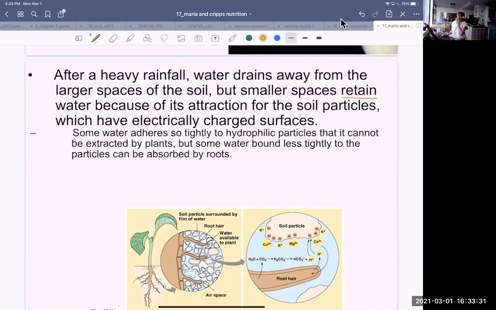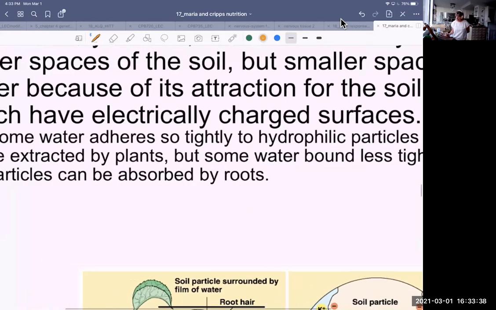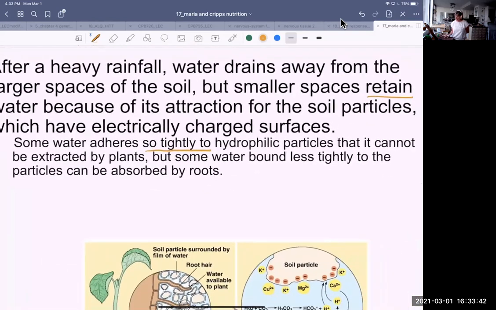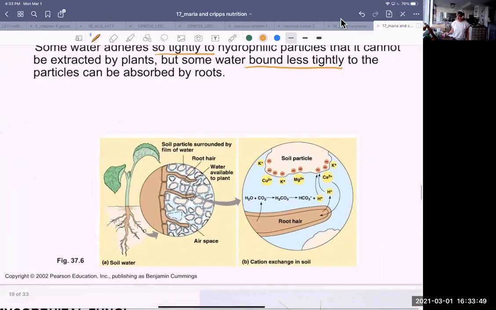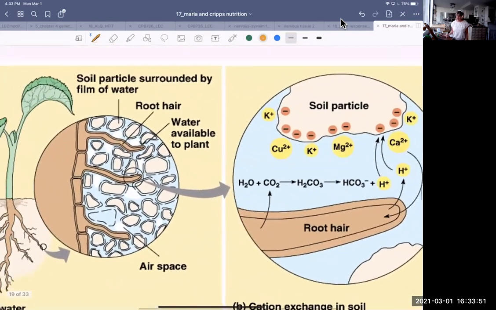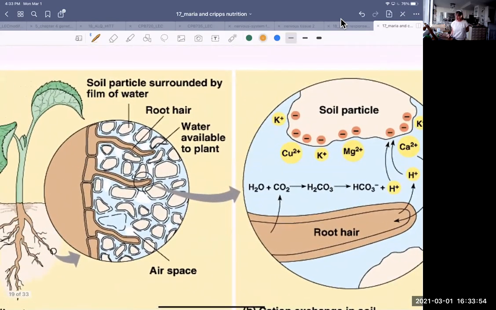When there's heavy rain, what can happen is water drains away from larger spaces, but smaller spaces retain water, largely because of its attraction for the soil particles, which have electrically charged surfaces. Some water adheres so tightly to hydrophilic particles that it can't be extracted by plants, but some water that's less tightly bound can be absorbed by the roots. So here's a soil particle. It's surrounded by water, a root hair, water that's available to the plant,